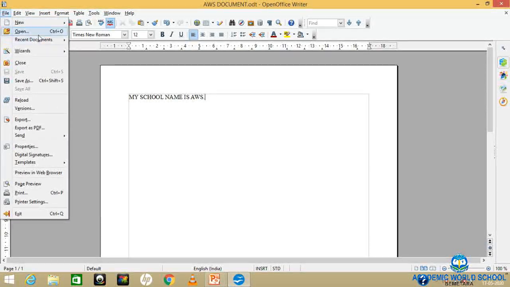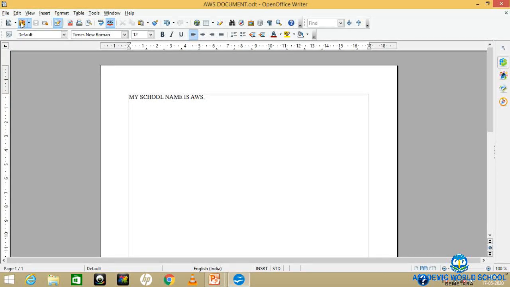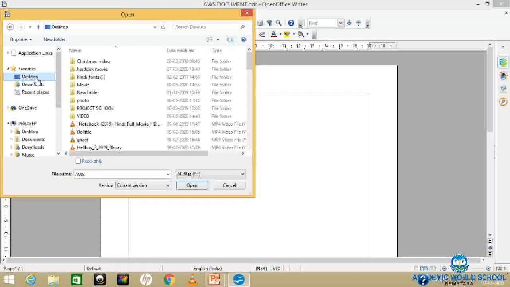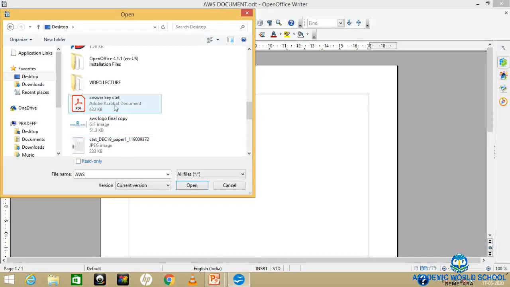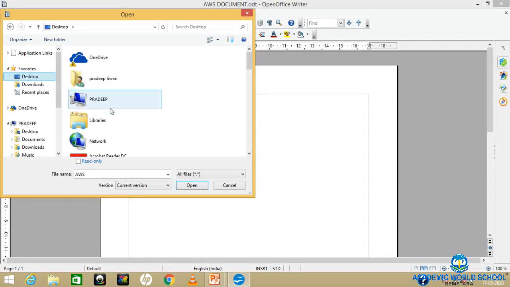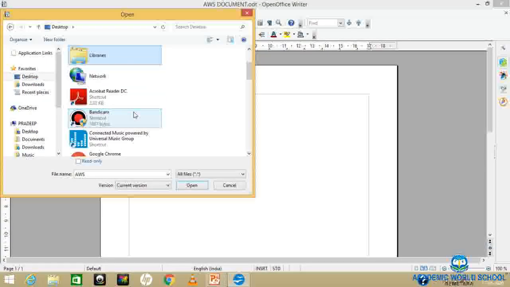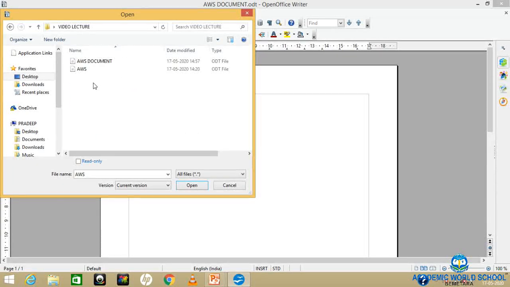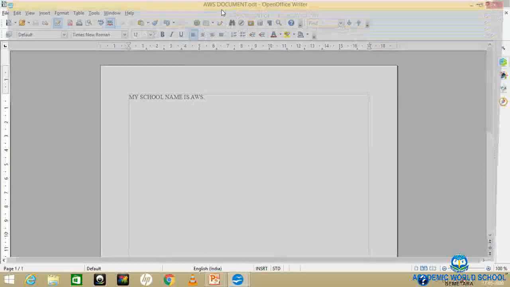In the same manner, you can go anywhere. If your file is saved anywhere, select that and select the location. My file is saved on the desktop, so I will go to the desktop, then I will search for my folder. The folder name was video lecture. Now I'm going to open this AWS. See, this AWS will open in front of us. So this is the method to open. Now if I want to make changes in it,